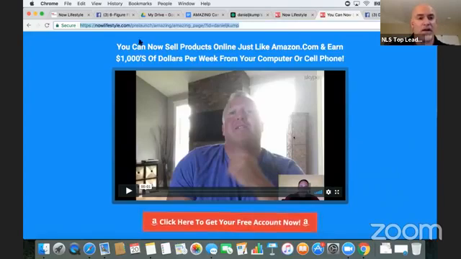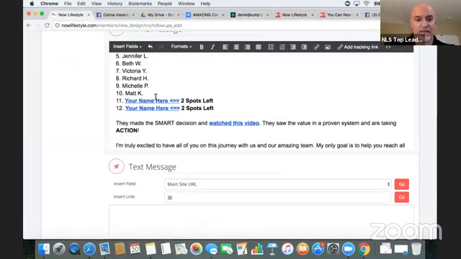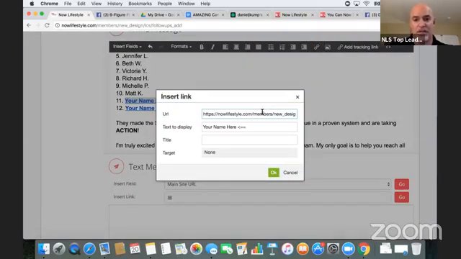Now, what I did when I created the swipe copy is I did not have my username in there, but I left it open, so all you have to do is type in your username. It's very simple and easy to use. When you highlight this hyperlink right here, all you have to do is go over here where it says insert link, and you'll see